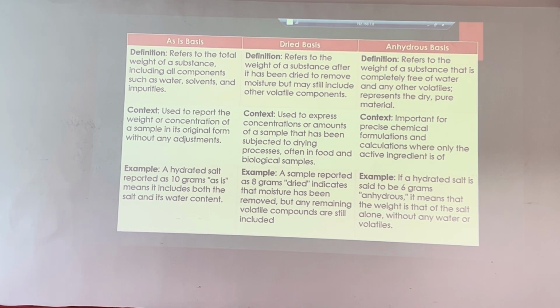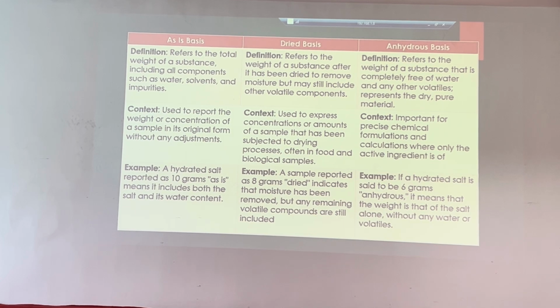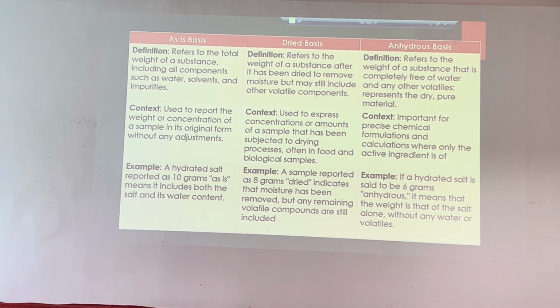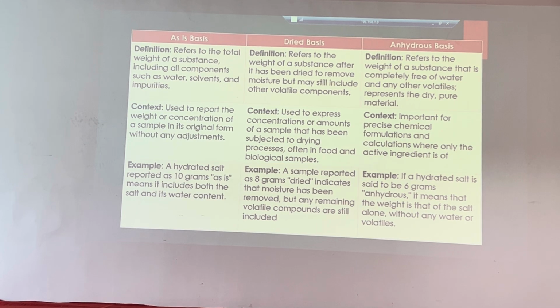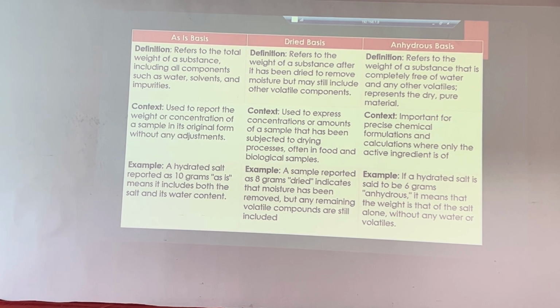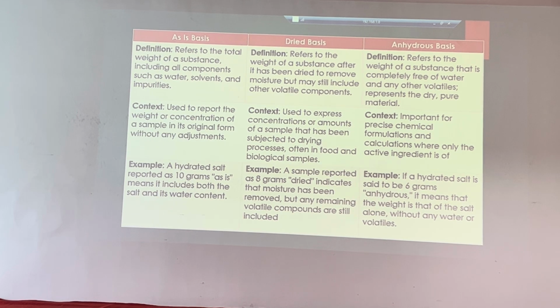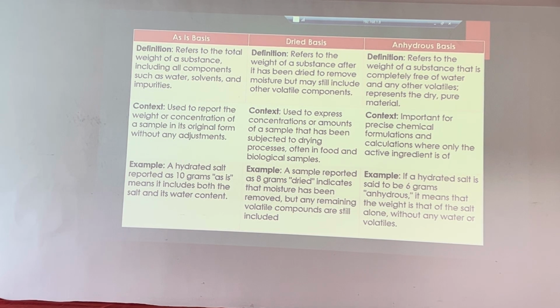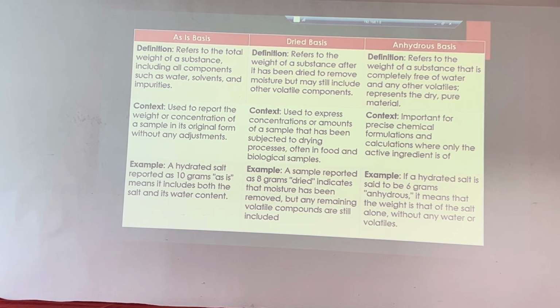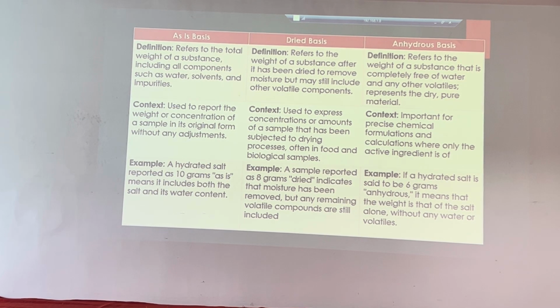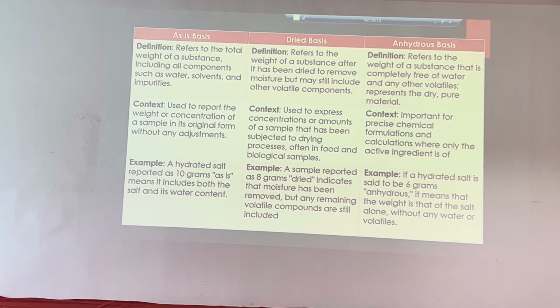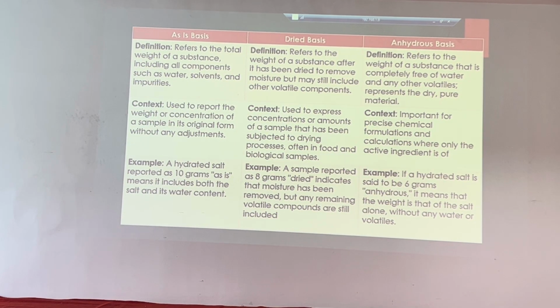Dried basis refers to the weight of the substance after it has been dried to remove moisture, but it may still include other volatile compounds. For example, why do we perform the KF test? The Karl Fischer moisture content test is only used to determine what percentage of water is present in the molecule. Once you measure the moisture content, you get some value. If you subtract it from the absolute 100%, you get the dried basis. Sorry,